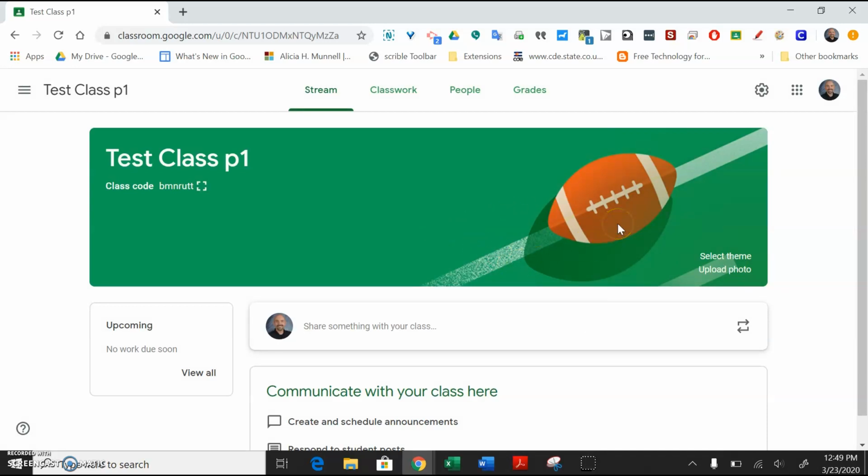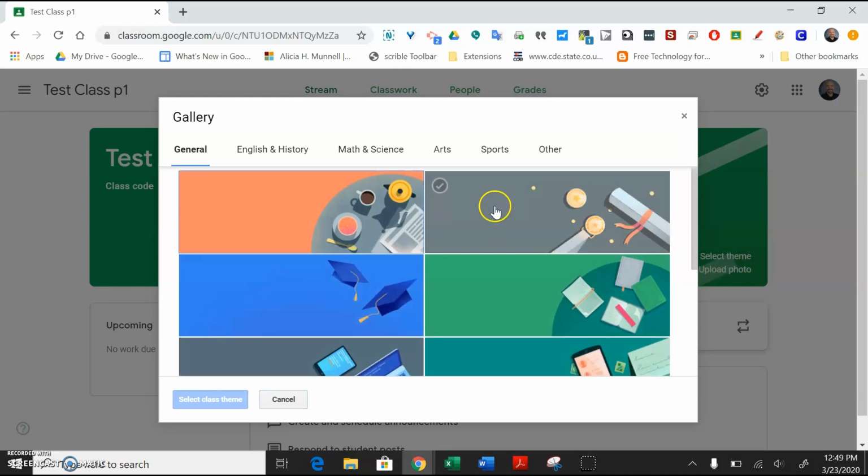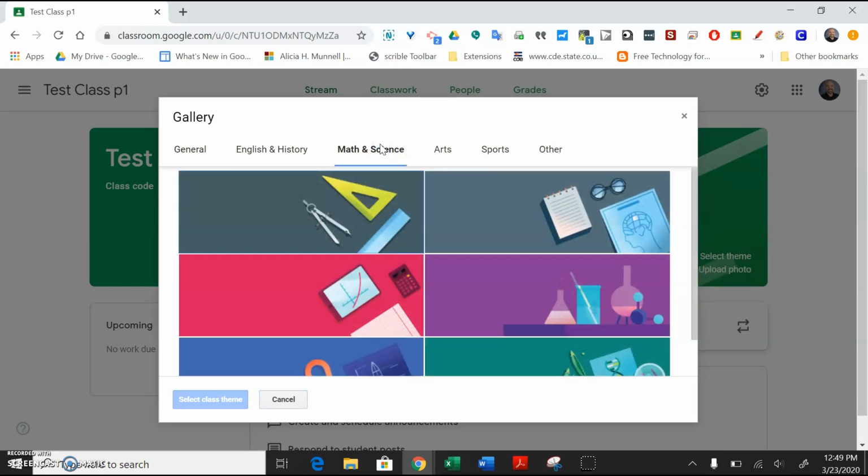This one has a football on it for some reason. Unless you're a PE teacher, you'll probably want to change that. So I'll select a different theme, and lots of nice themes for you to choose from. Just go ahead and pick one that you like and